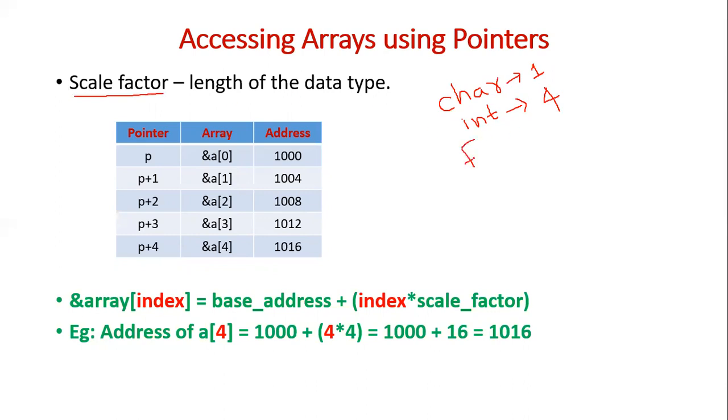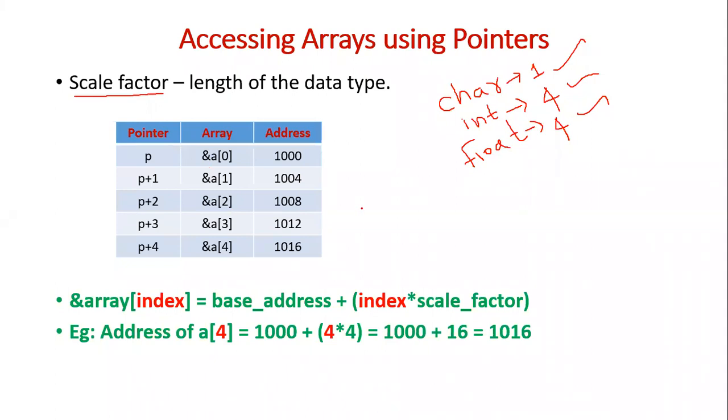If you take float, float again occupies 4 bytes, so the scale factor of float is also 4. So scale factor represents how much memory a particular data type occupies. A single character variable occupies only 1 byte, a single integer occupies 4 bytes, a single float occupies 4 bytes. That is what is called a scale factor, the length of the data type. Okay. Now,